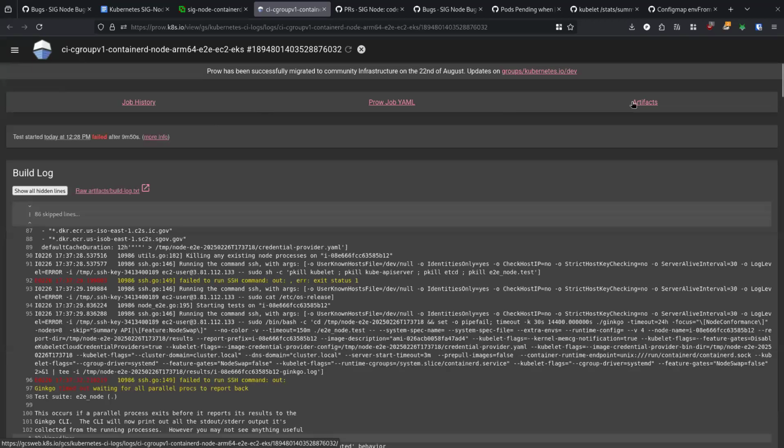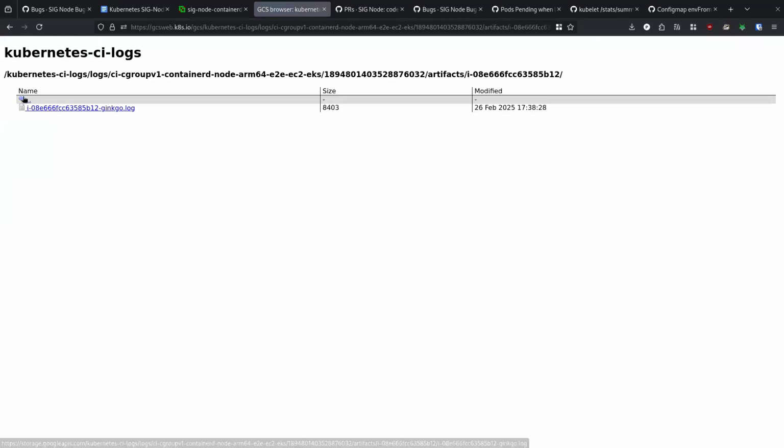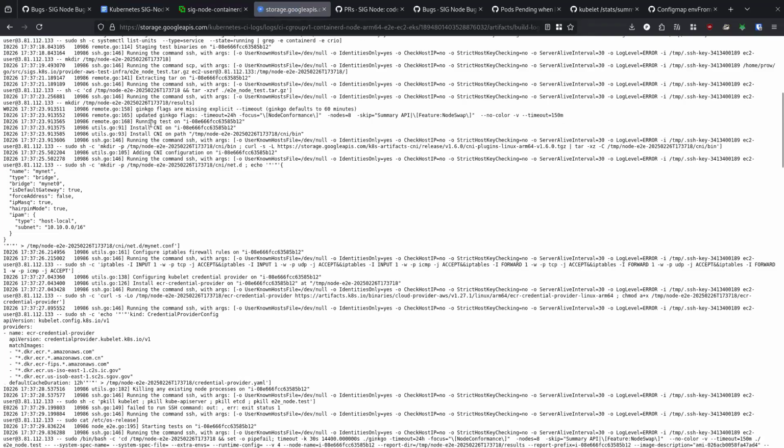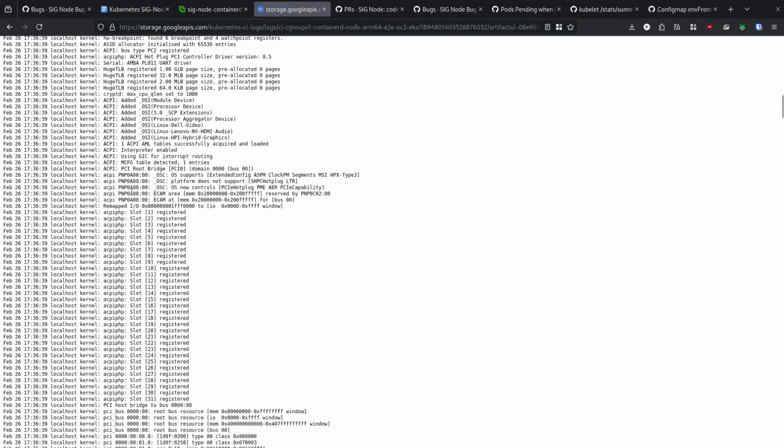It complains about some feature gate which was probably recently removed. I looked at 2 or 3 and all of them have this.